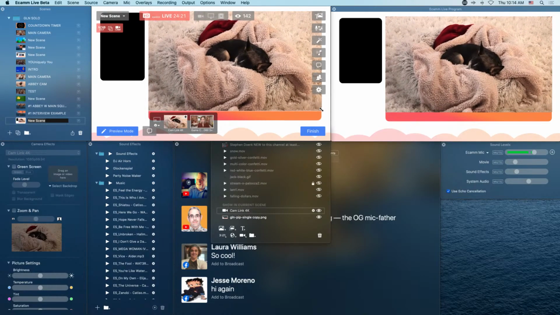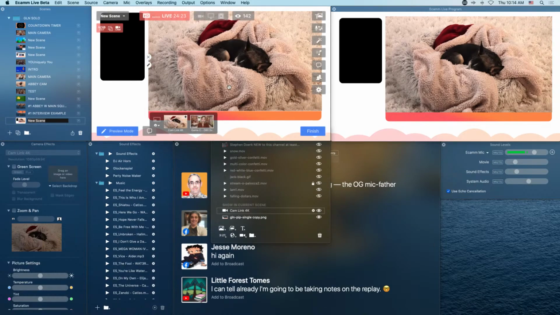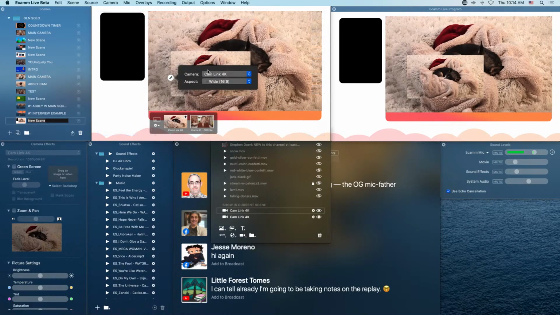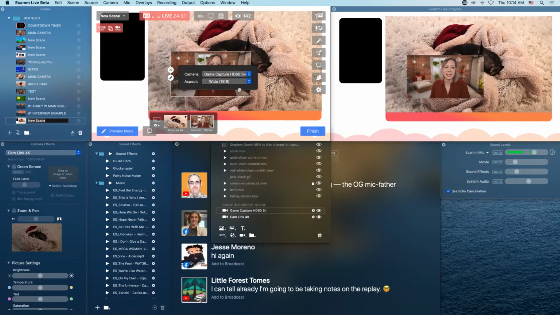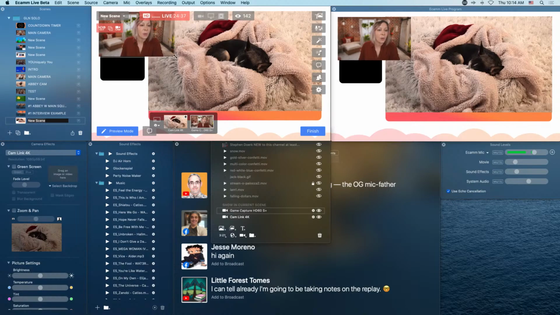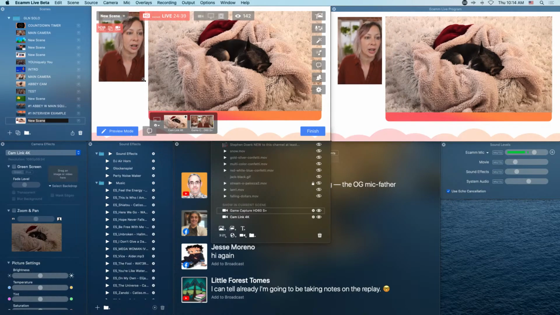And then we can get her settled in here. Then we're going to add a new camera overlay, and that's gonna be me. So we're gonna change that camera to me, and then go into custom, and fit that in here. So this is why camera overlays are so freaking awesome.